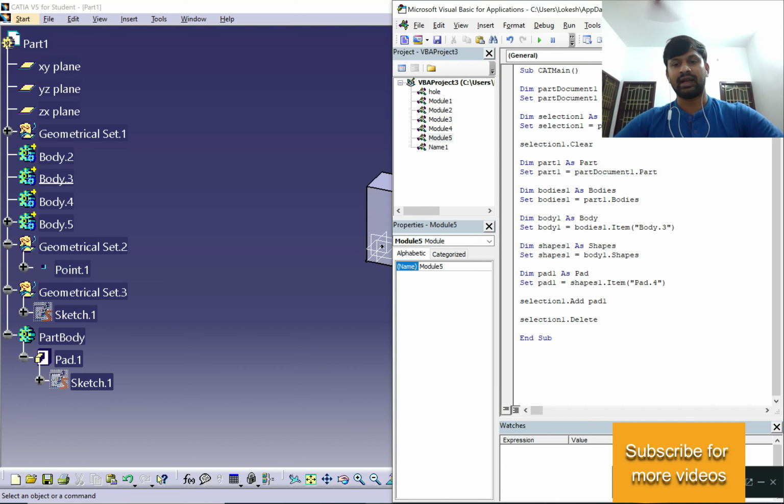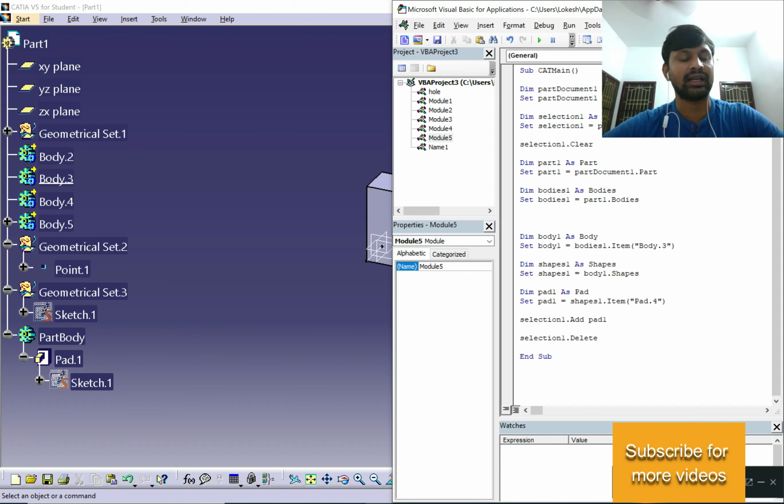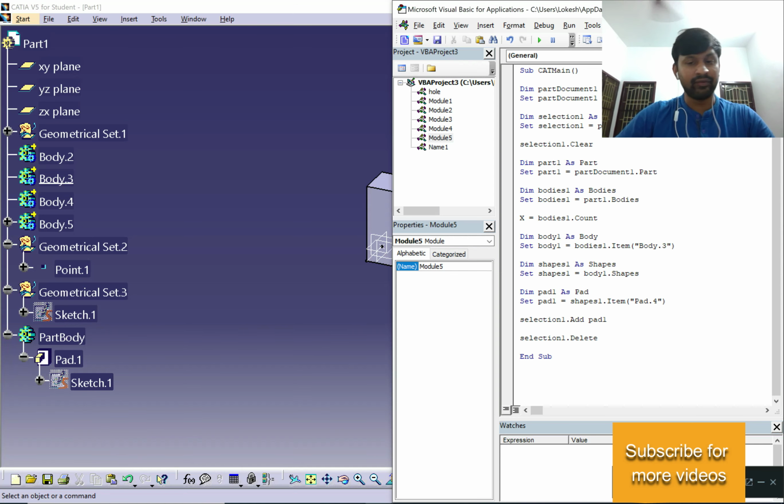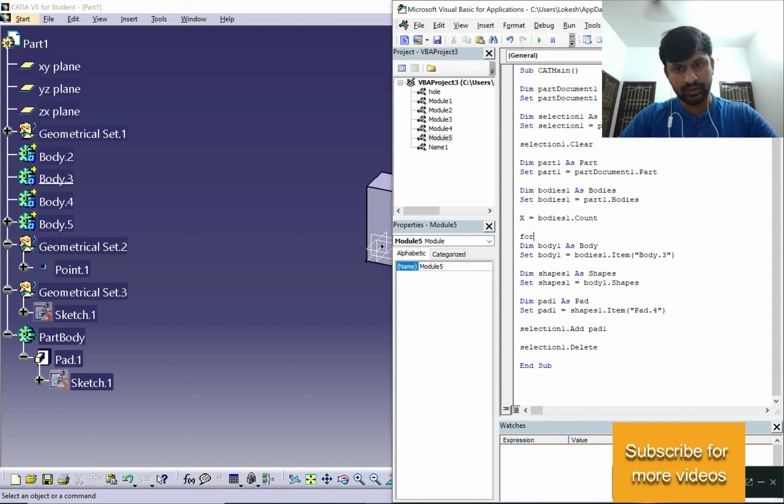So when I say bodies, there are many, like 5 bodies in our case. So we want to count them. So x equal to bodies.Count, and whenever we count we use a For loop, for y equal to 1 to x, and Next has to be there.